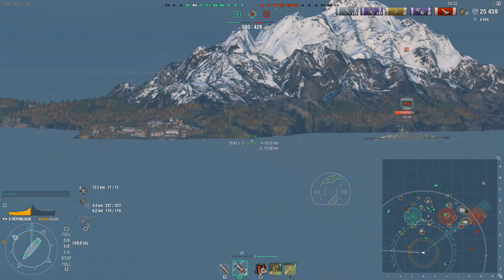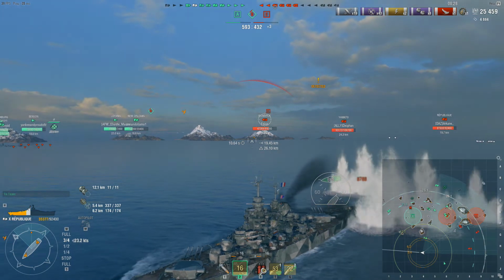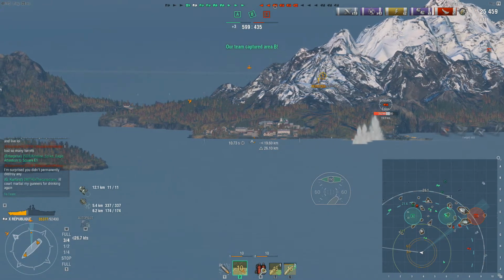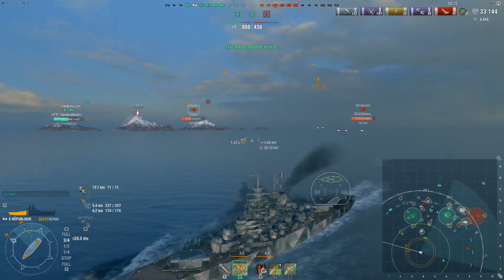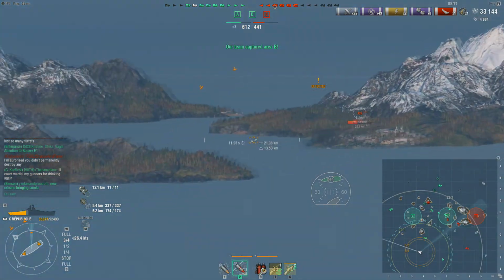Not quite yet visible, but there is the Bismarck. Gonna try to at least do additional damage as much as possible. Took another hit from that Yamato. I mean, yes, unfortunately Yamato can do a fairly decent amount of damage even though we are running away, so that is a slight downside, but I think it is about time we should be able to get turned around,